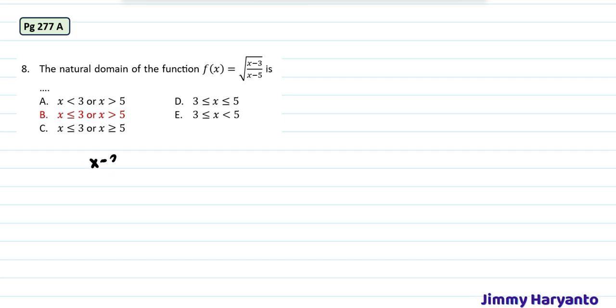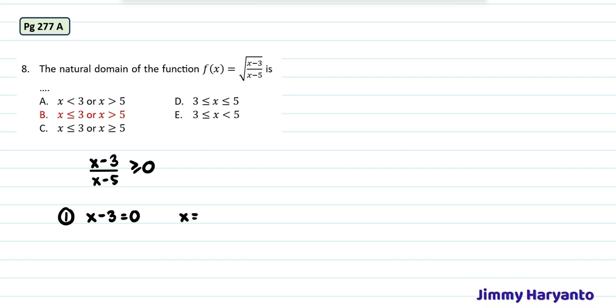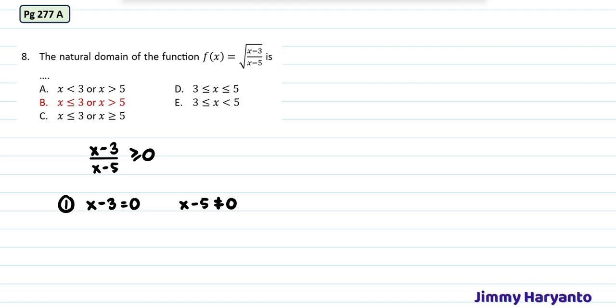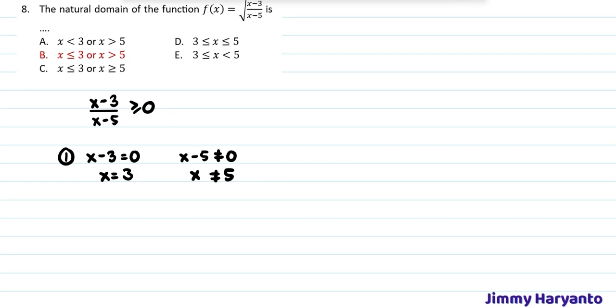That means still the same. The one inside the square root have to be greater than or equal to 0. And then to solve this, you have to find the value of x from the numerator and also denominator. But for the denominator, you cannot make it into equal to 0, but you have to make it into not equal to 0 because denominator cannot be 0, or else the function will be invalid. Yeah, so this one is x equals to 3, this one is x cannot be 5. We already have the value of the x.